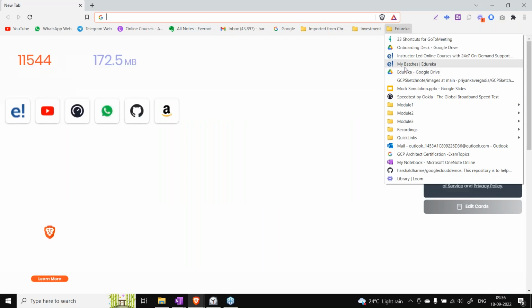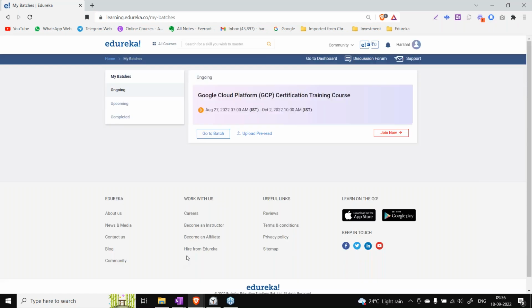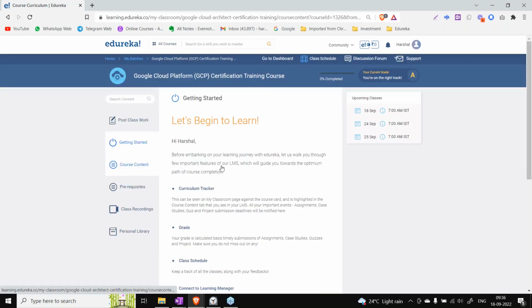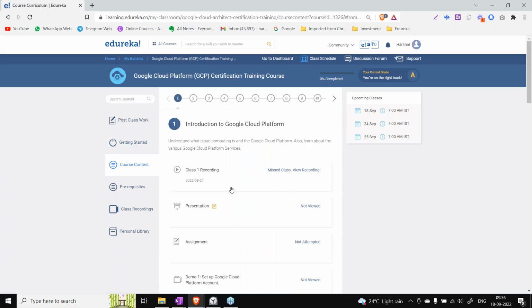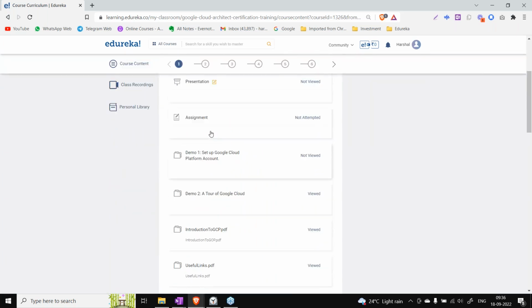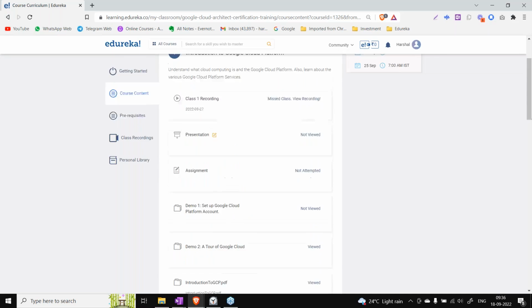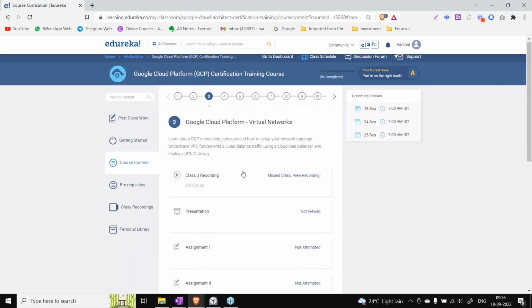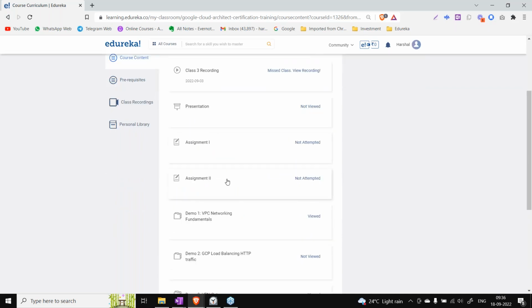If you go to the batches, I'll take just 1 or 2 minutes because I wanted to talk about that as well. If you go to this batch and go to the course content, there are 1 or 2 assignments per module. If you go to networking, here also you see 2 assignments. These are nothing but your homeworks, and that's what I already clarified in the first session that we started.